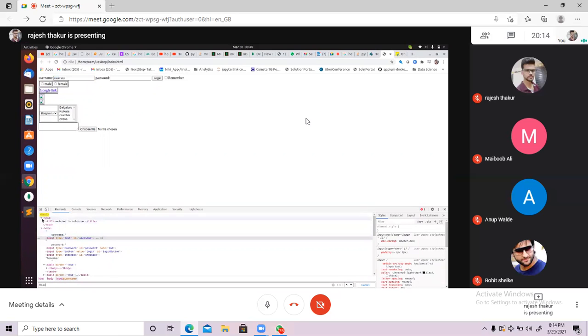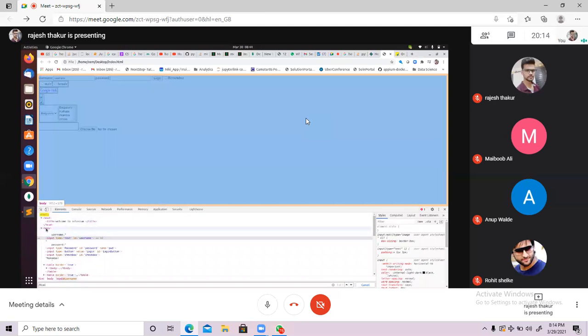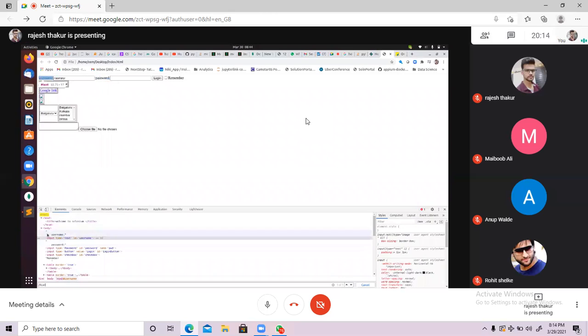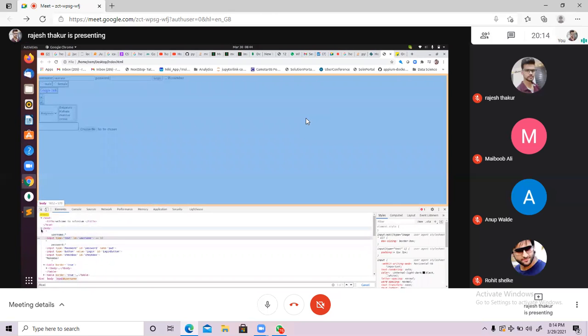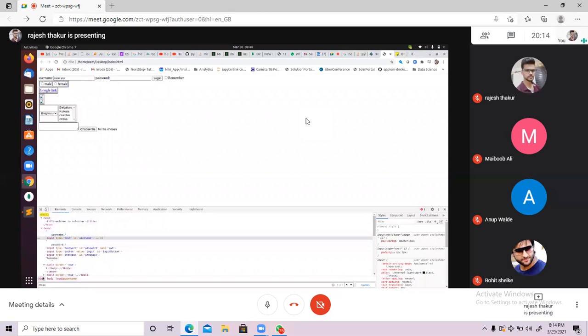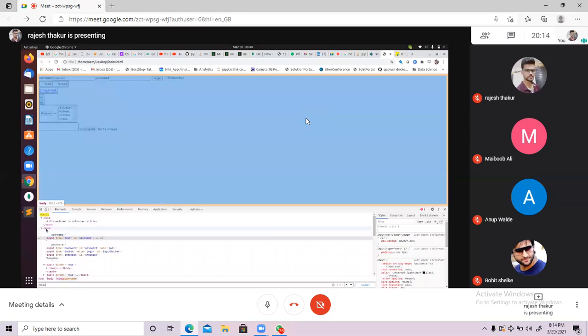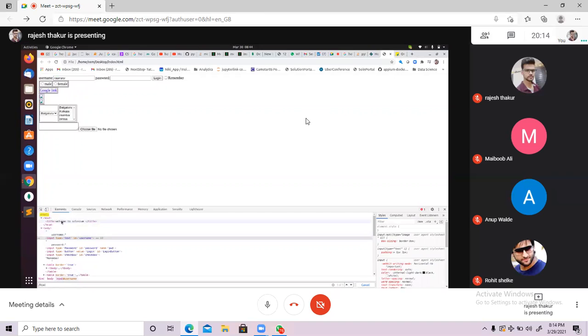This is one section of the HTML page, and this is the other section. So our target is inside the body, right? Can you see this arrow? The body covers the complete page. So our target is inside the body and not inside the head, because in the head we have only one thing, a title, as of now. So we have to go inside the body.